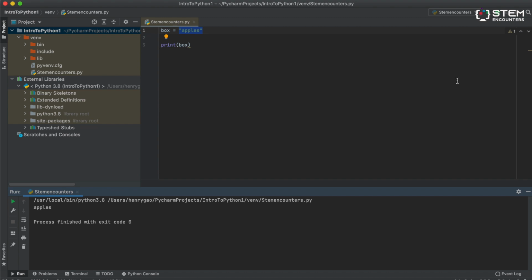Additionally, variables can represent any data type we want. So let's say the box holds a 1, just the number 1. If I print box, it'll print 1. If I did true as a boolean, it'll print true. And if I did 2.0, a float, it'll print 2.0. Now that I've showed you the basis of variables, you can go ahead and pause and mess around with it yourself. Once you feel like you've gotten to know variables, you can go ahead and unpause and we'll move on to